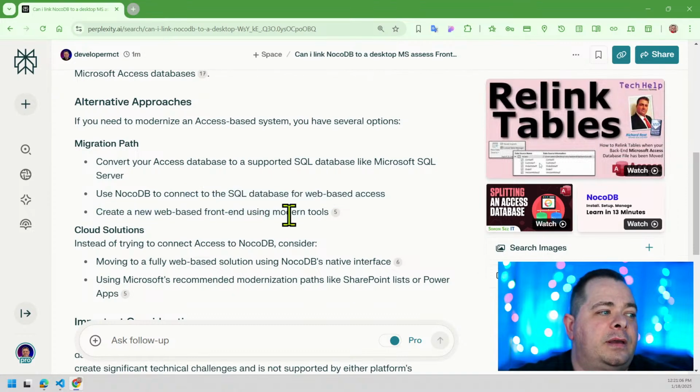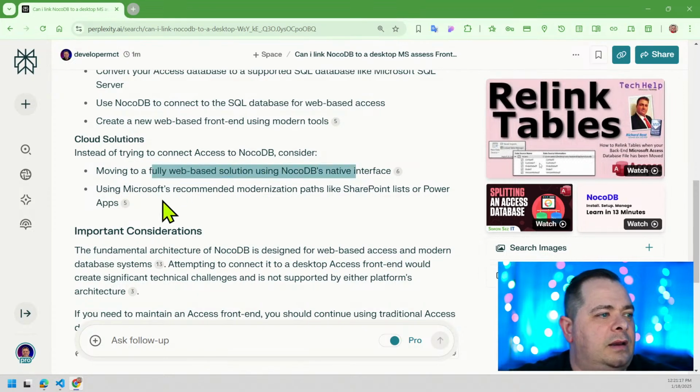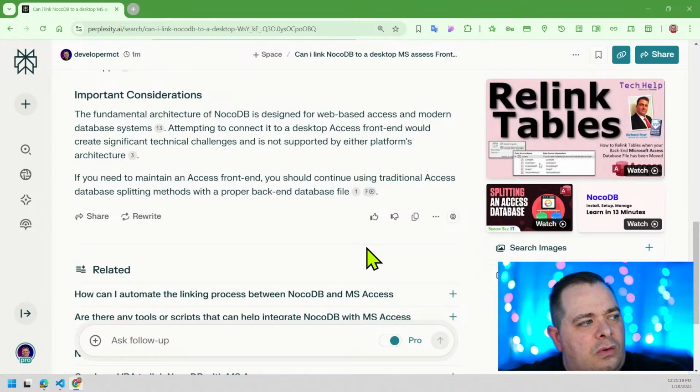Yeah, you create a new front end. Why not use Power Apps to create that new front end? Instead of trying to connect Access to it, consider moving to a fully web-based solution using no-code native interface. Guys, I've got